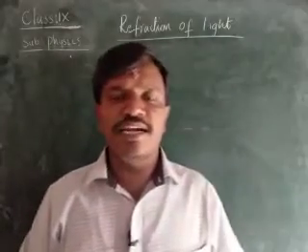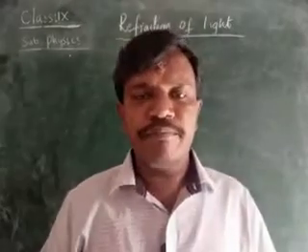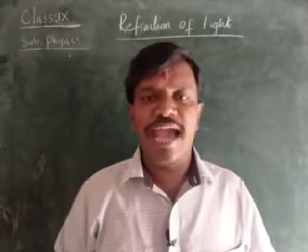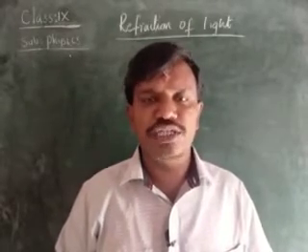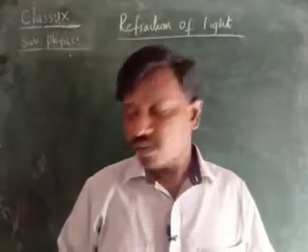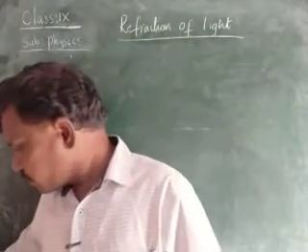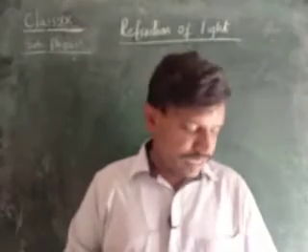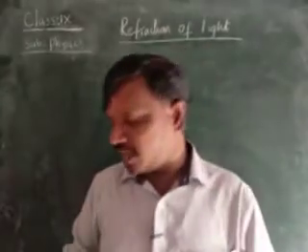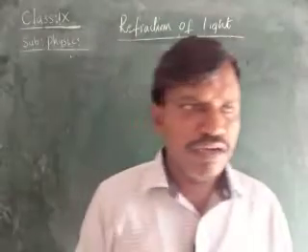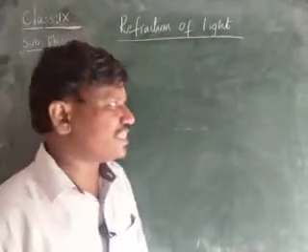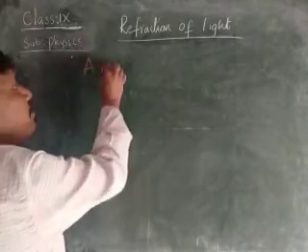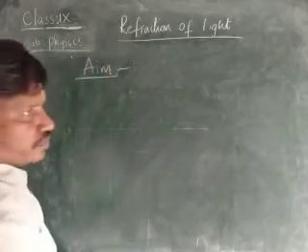In the previous class, we were learning about the lab activity. Lab activity is a relationship between the angle of incidence and angle of refraction, children. Normally when we write the lab activity, the steps that we want to remember is that aim is the one what we are going to do.